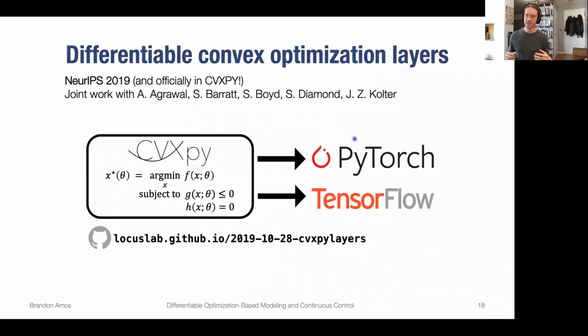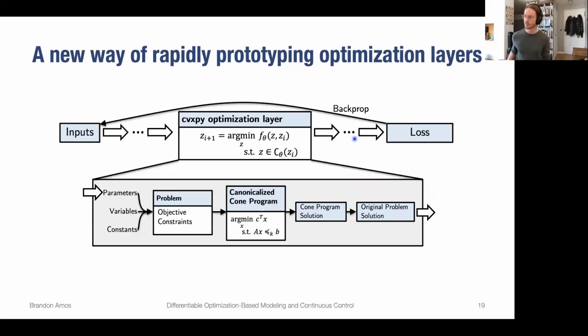In this case, we can just use CVXPy or some other domain-specific language for prototyping these new layers, where it gives you a nice way of writing a few lines of code to construct and instantiate these optimization problems. And it has the efficiency of the past implementations that we've had that handle batches of optimization problems nicely and so forth. Internally, this is just going through the differentiable conic optimization problem I mentioned earlier, with another few pieces.